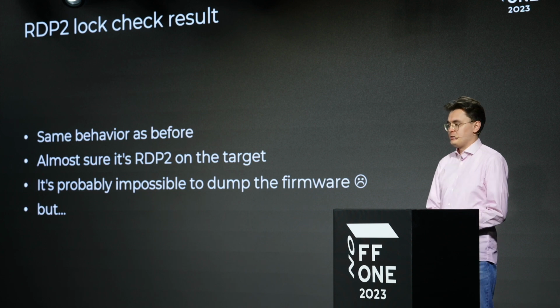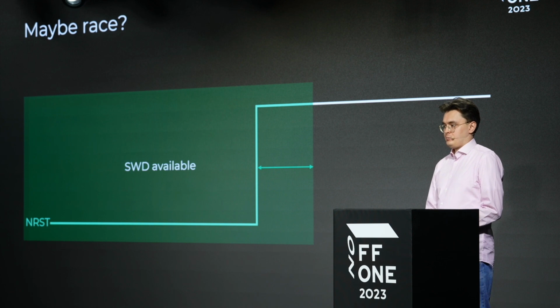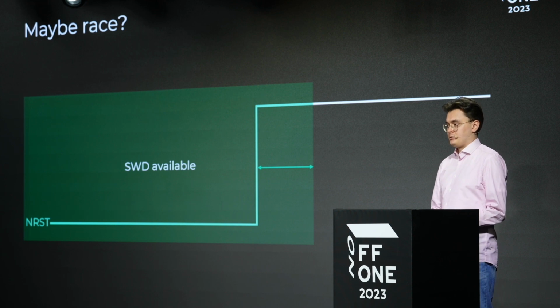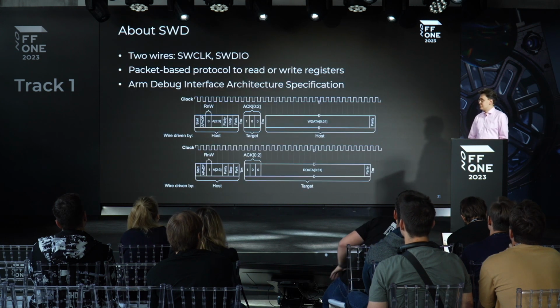So since SWD is available in the reset mode, an idea occurred to exploit that. SWD is available during reset. So maybe if we change the reset signal to disable the debugging interface, it will take some time, and we will have that much time, that window for a race. To exploit it,